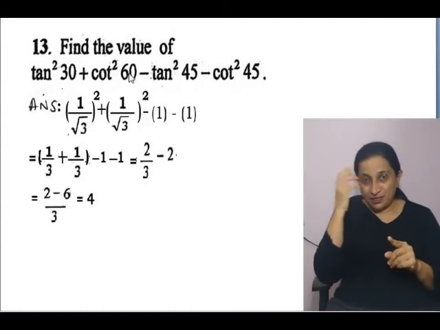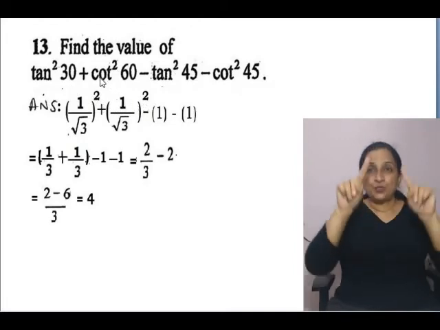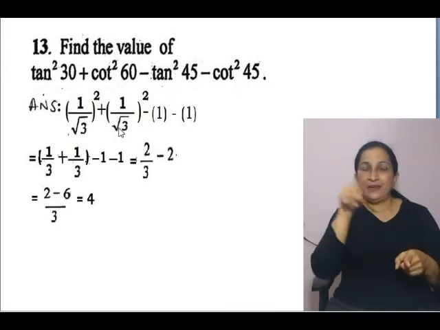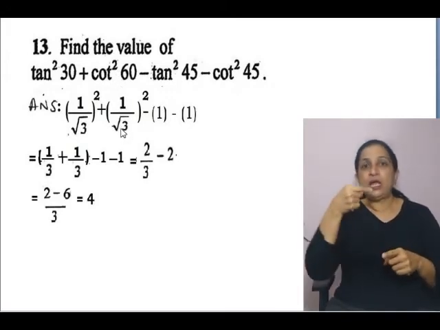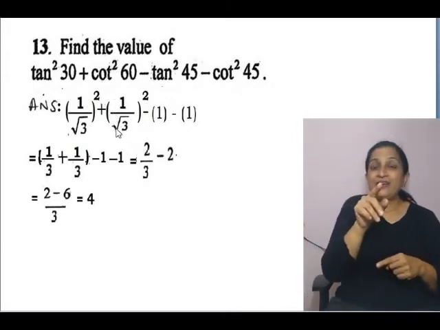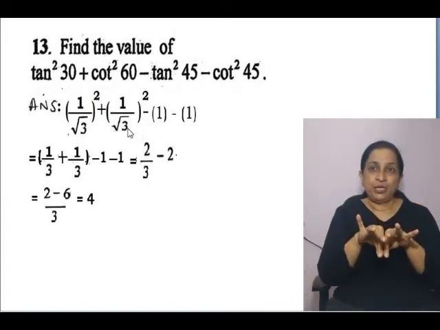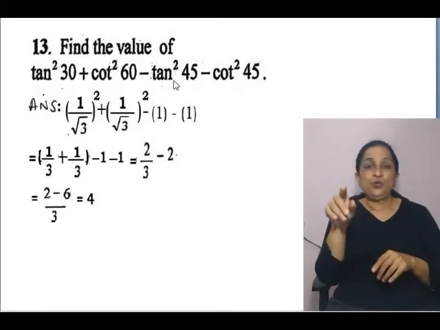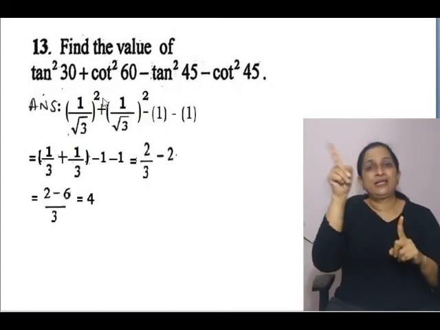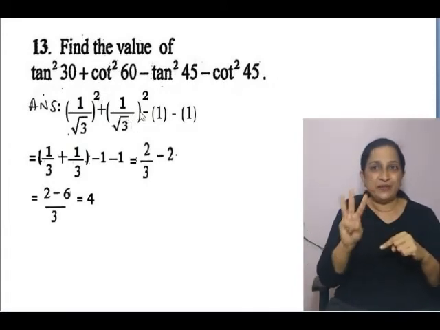Or you can put the value of cot 60 itself as 1 over root 3, square, because cot theta is 1 upon tan, so it is 1 upon tan square 30 you can put, and minus tan 45 is equal to 1, cot 45 is equal to 1. Remember tan 30 is equal to cot 60, so I have put the value here 1 over root 3,